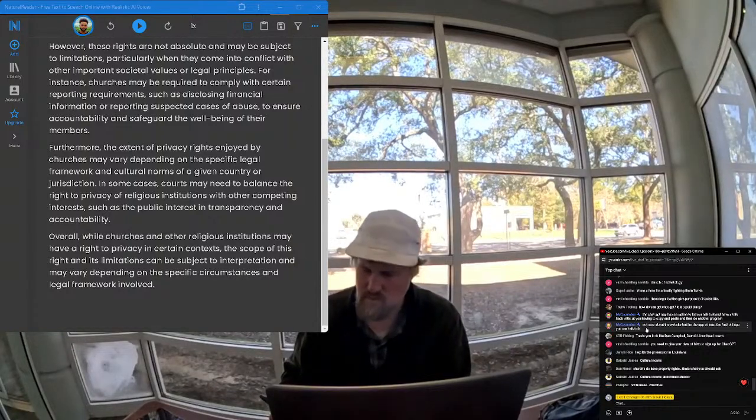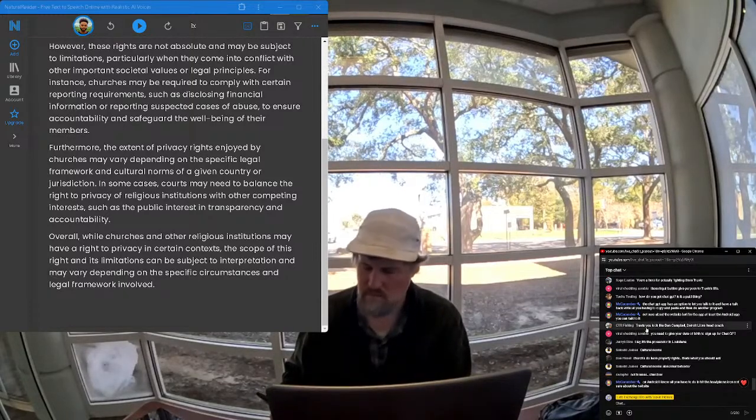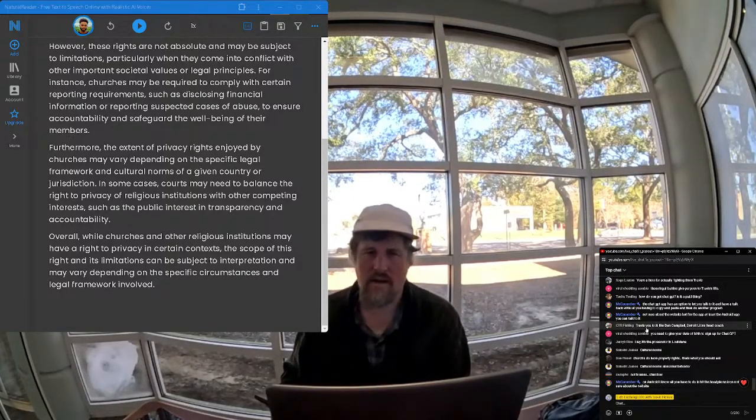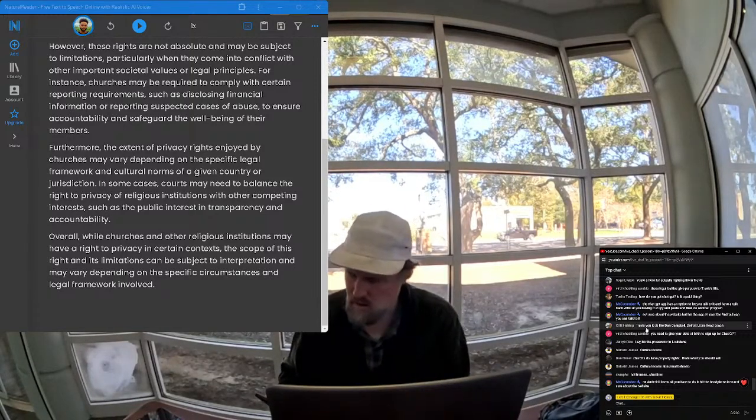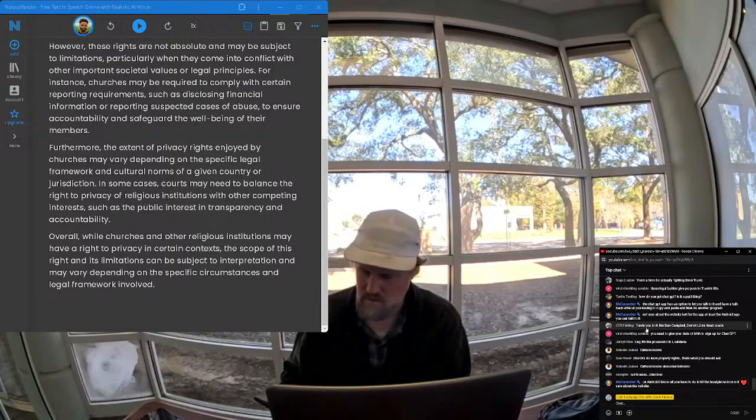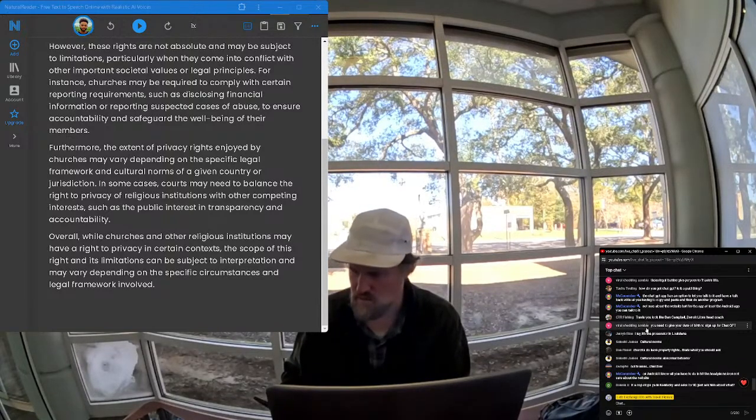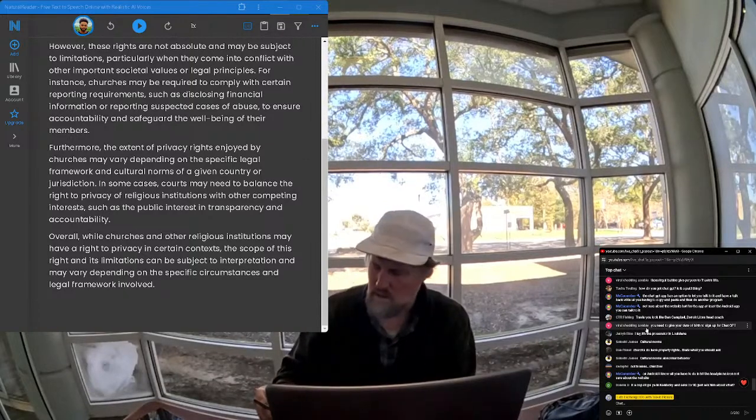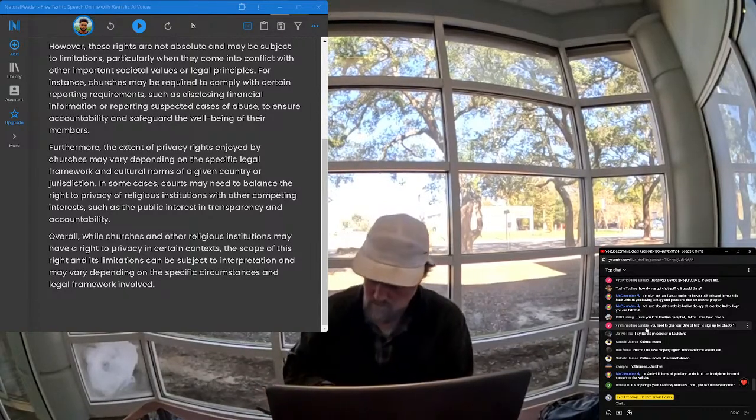Houses themselves don't have rights, but property owners... See, look at that. Houses themselves don't have rights. See, it takes the person to make the right. The property owners have the right to privacy and can ask strangers to leave their property. Trespassing laws vary, but generally property owners can take action to protect their privacy and control access to their land. Yeah. All right, and I asked, well, I'll ask that question in